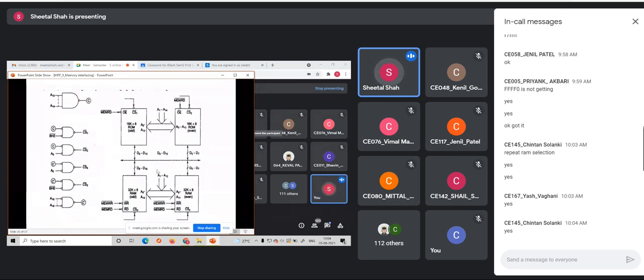Whereas for the rest of the address lines, A1 to A15, here it is A12, it is wrong, it should be A15. A1 to A15 should be connected to the address inputs of this RAM IC. So every RAM IC would have the address lines as well as data lines. Since it is a 32 KB RAM, it has 15 address lines to this IC. Similarly, 15 more address lines would be for this. And based upon this A1 to A15 as well as this chip select signal, either the even bank or the odd bank or both the banks would be selected. If you have still any doubts, you can ask me.